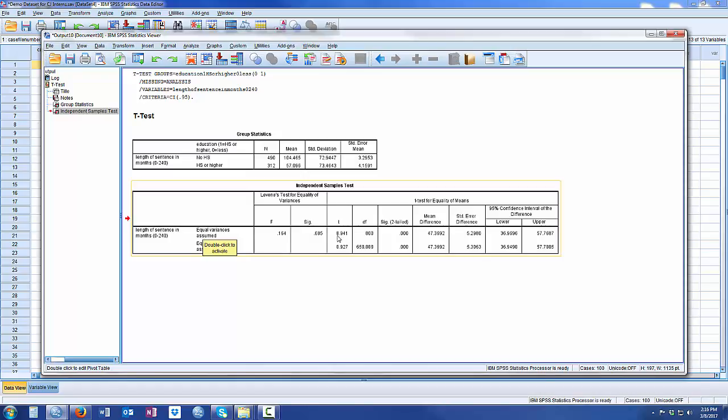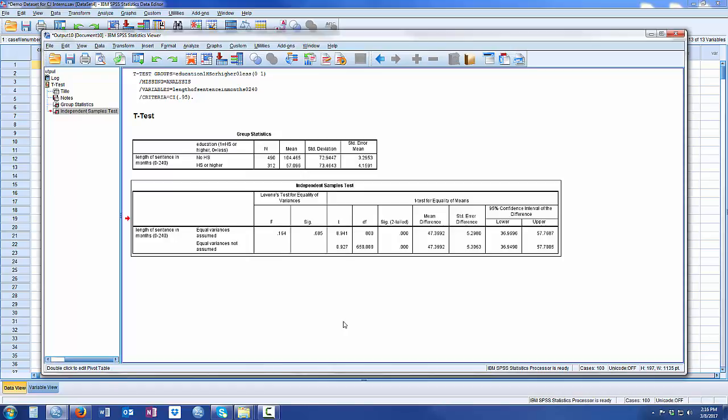Our t for this analysis is 8.941, and our significance value is 0.000. That means our p is less than 0.001. What that tells me is that this difference in means is statistically significant at the p less than 0.001